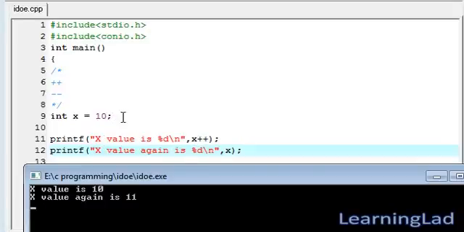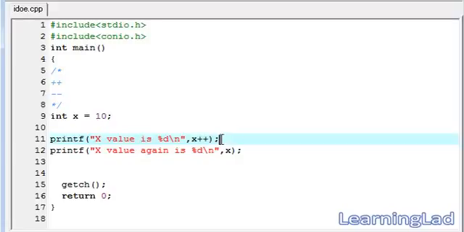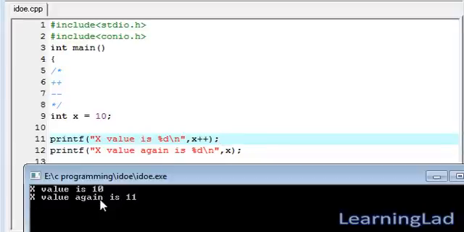It is 10 here. It just printed that. Then when leaving this statement, or after the execution of this statement, it just made this incrementation. So when the control comes out of this printf statement, this x value becomes 11. That's why we are getting this x value again 11.